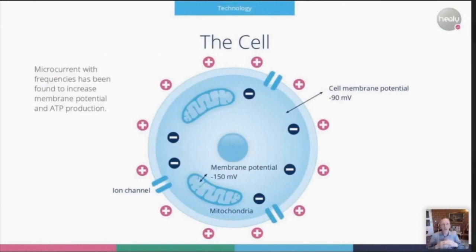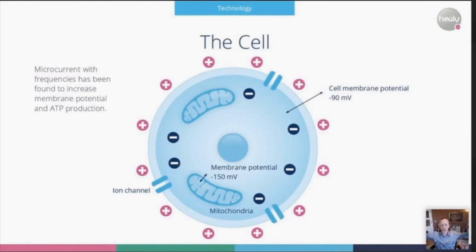So actually, I have done a lot of research on the state of science on the cell membrane potential and on the mitochondria, and they all indicate that microcurrent, especially with low frequencies, can be supportive for both the cell membrane potential itself and the membrane potential of the mitochondria. So here we have a very good model to explain how the microcurrent dominant aspect of Healy works,